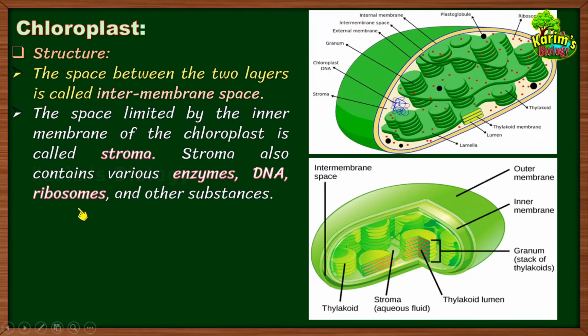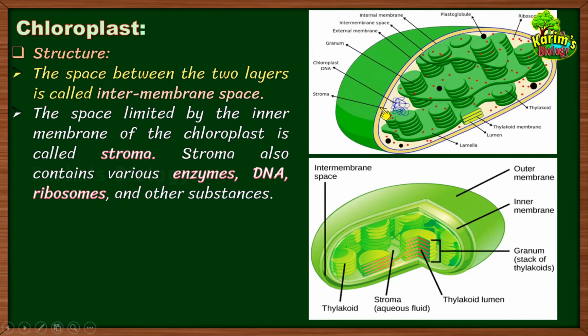Right? This we have seen in the case of mitochondria. In the mitochondrial matrix also we found circular DNA, and we also found 70S ribosomes. And I have told you that the presence of circular DNA and ribosomes makes the mitochondria similar to a prokaryotic cell. The same thing happens within the chloroplast also. Within the liquid part called stroma, you can find DNA and also ribosomes, which are 70S ribosomes. This makes the chloroplast also similar to a prokaryotic cell. That is why the chloroplast is also referred to as a prokaryotic cell within a eukaryotic cell.